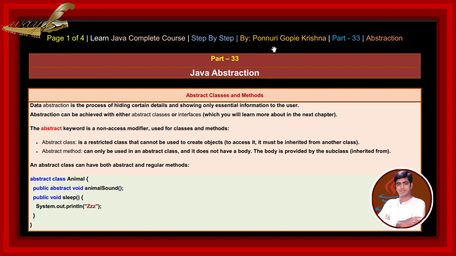Abstract class is a restricted class that cannot be used to create objects. To access it, it must be inherited from another class. Abstract method can only be used in an abstract class and it does not have a body. The body is provided by the subclass inherited from. An abstract class can have both abstract and regular methods. See here,